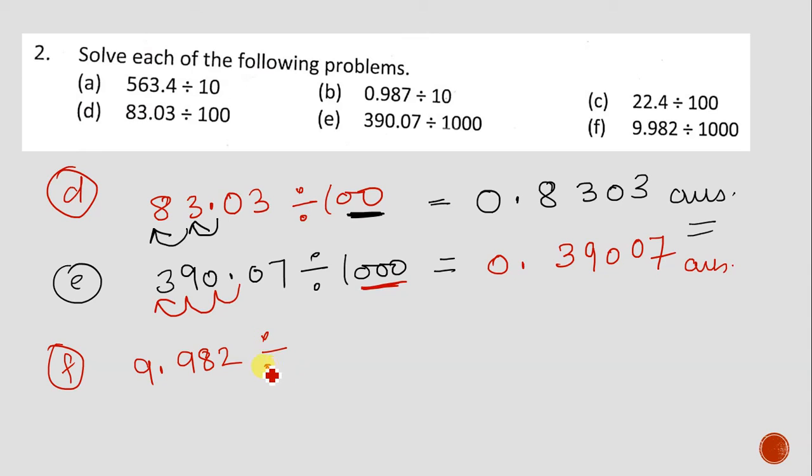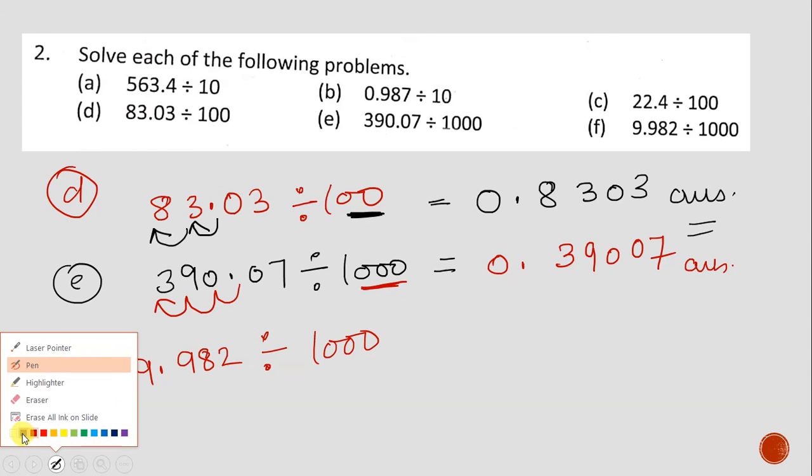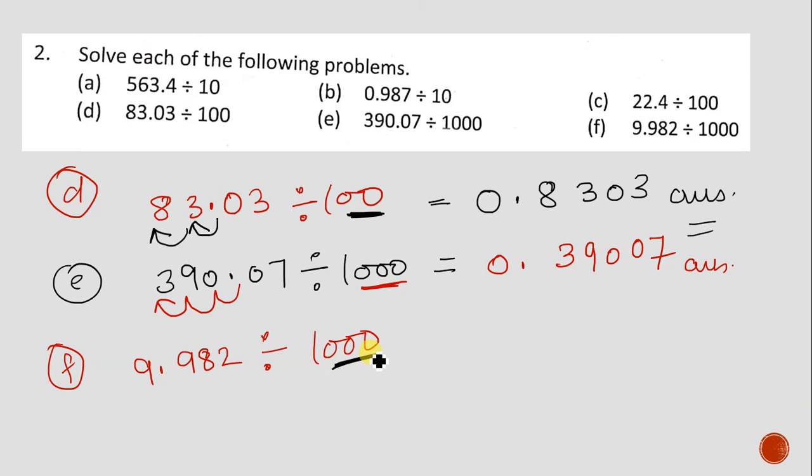Let's take the last question, that is 9.982 divided by 1000. Let's see whether you'll be able to do it or not. How many zeros? 3 zeros. So here I have 1 place, no problem. So that many places, if I do not have any digit, that many more zeros I'll put. So first we shift it, that is 1, then 2, then 3. So here how many places I required to fill it? 2. So 2 extra zeros you will put. So 0.009982.